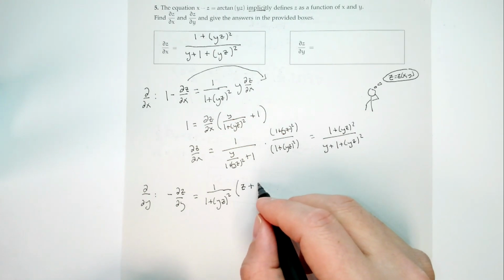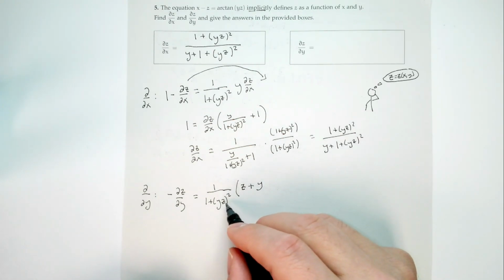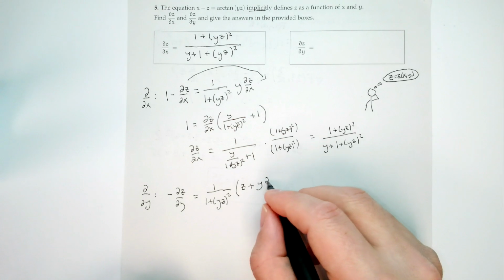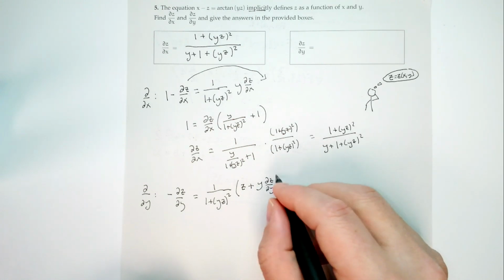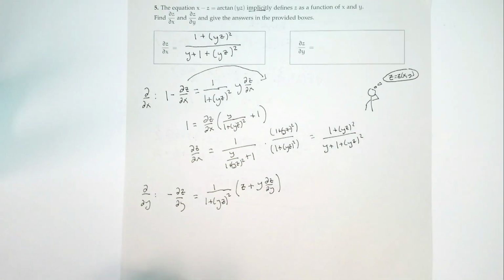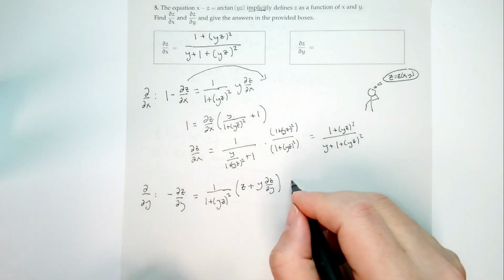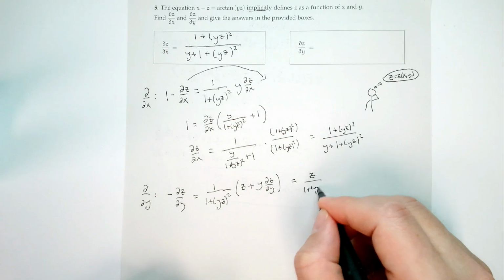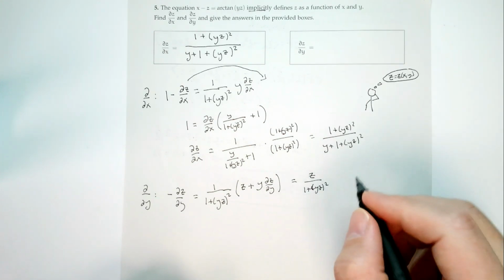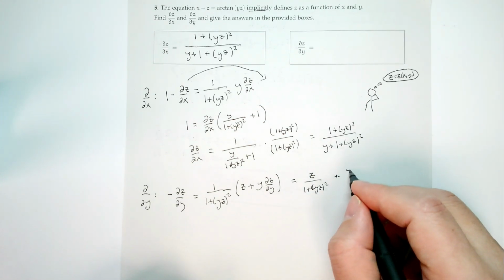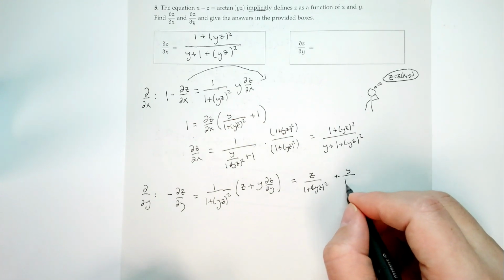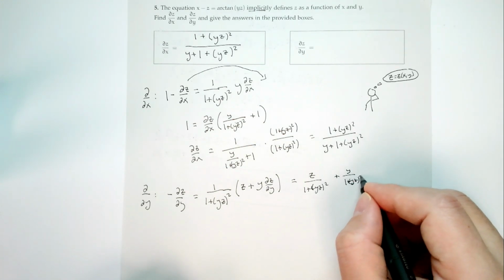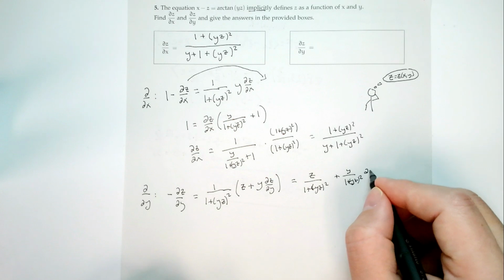Plus y times the derivative of the second, which is partial z partial y. Okay, so let's multiply that out. So that would be z over 1 plus yz quantity squared plus y over 1 plus yz squared times partial z